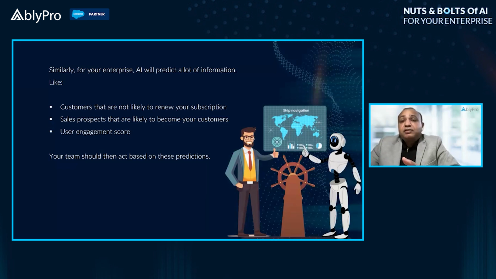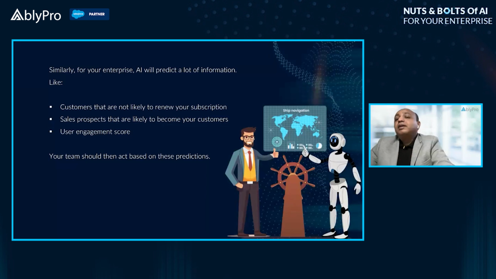Then, in terms of sales, it can analyze the customer behavior based on your marketing efforts and your sales efforts, and tell you these are the kind of prospects that are likely to become your customers. So maybe you can start focusing on them more, rather than other prospects. So your efforts should be directed in the right direction. It can give you a user engagement score, because if the users are not engaged within your system, they're likely to not follow you or maybe get out of your system, because that means they're not happy with the services or the product that they are using. So these are the kind of predictions this new member is going to give you.